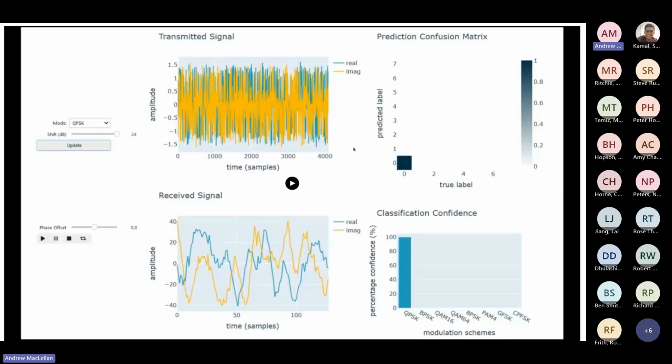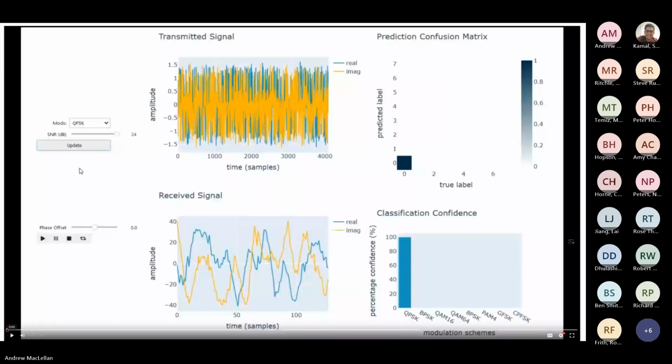So our JupyterLab perspective. I've made an IPyWidgets app here, which showcases one of the neural network instances that we've trained. I think this one is the 16-bit weights and 16-bit activations. So let me go to the beginning. On the left here, we have our different modulation schemes in the dropdown.